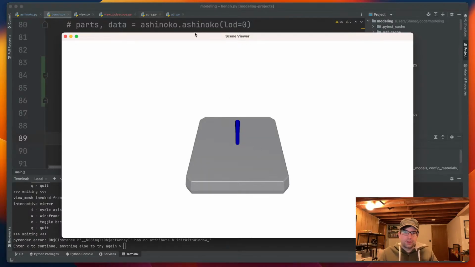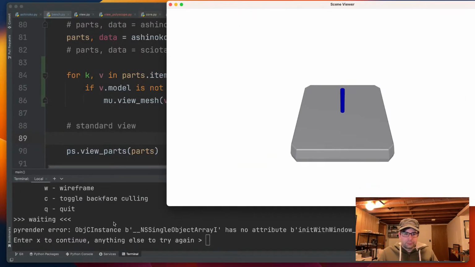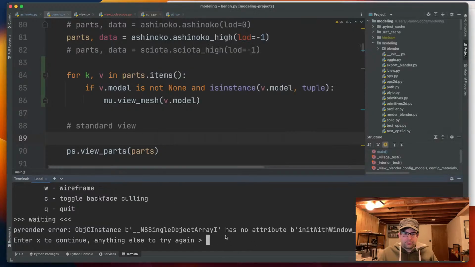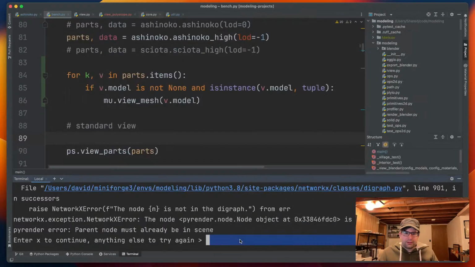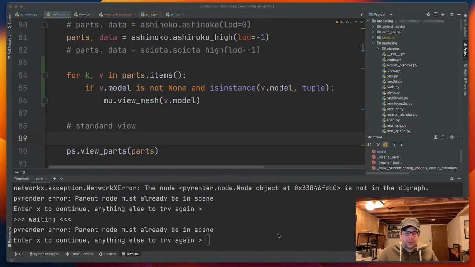Yeah, see, so like here we get this pyrender error, and I have kind of wrapped this in some exception handling so we can continue, but it seems a lot of times, if it happens repeatedly,